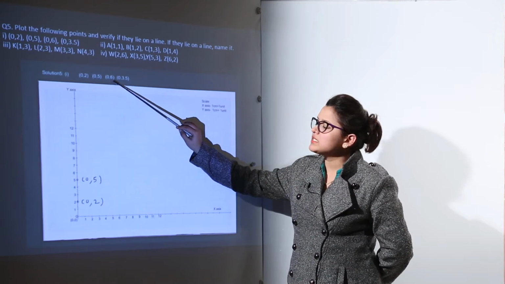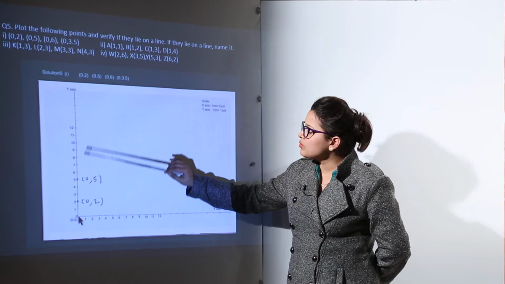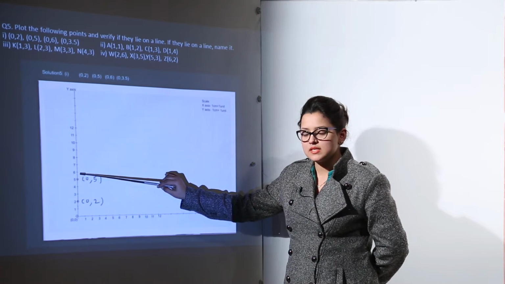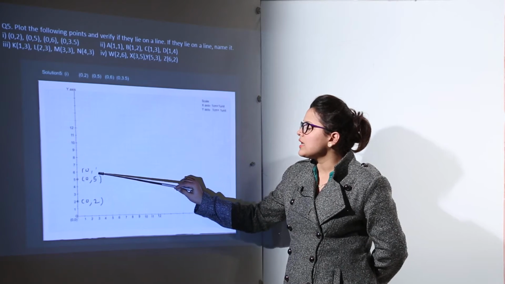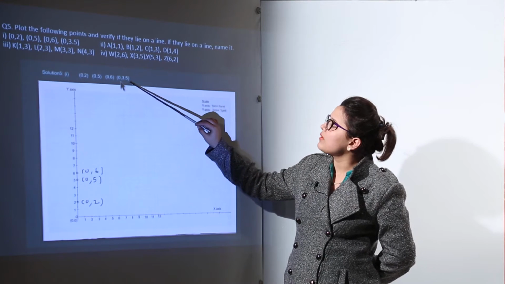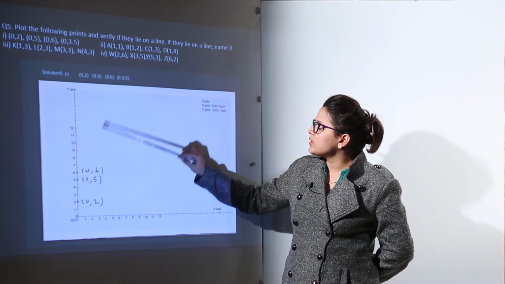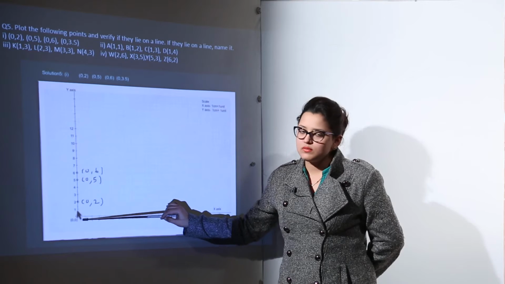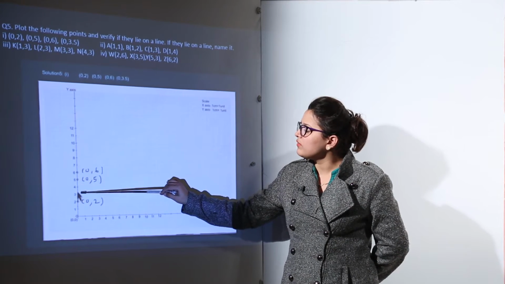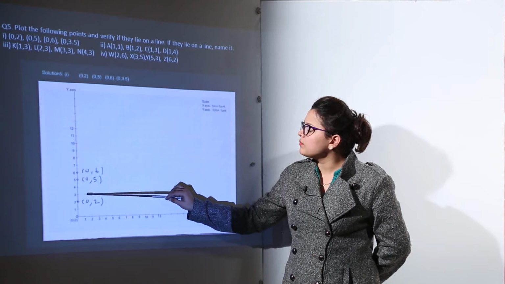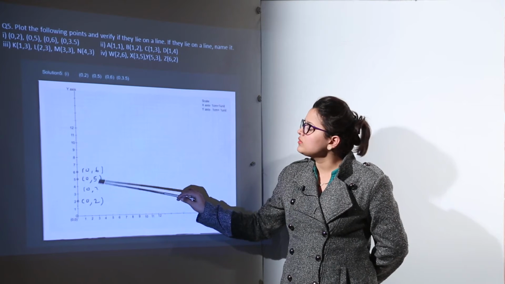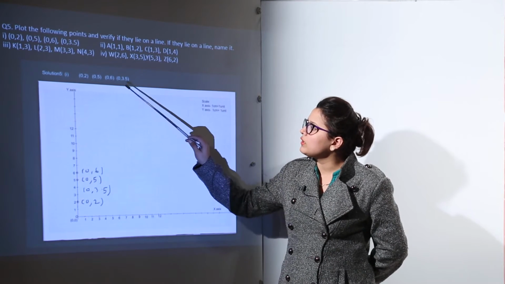The next point is (0, 6). So again you are going to start with 0 and reach up to 6 on y-axis to get your point as (0, 6). The last point is (0, 3.5). So again finally you are going to start with x-axis 0 point and reach up to 3.5 to get the coordinate of the point called (0, 3.5). Now these are the 4 points that were required to be plotted.